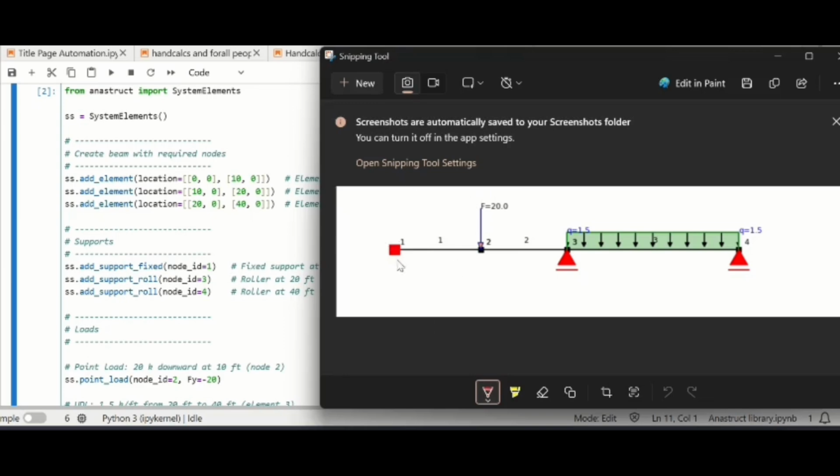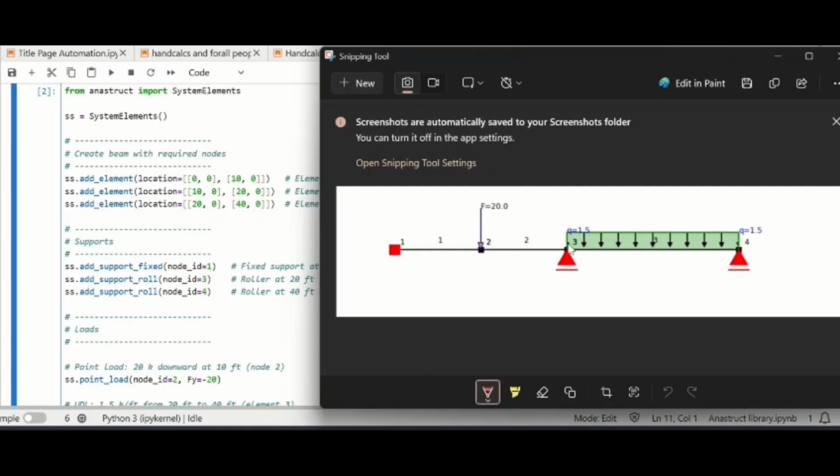So that's why I will divide this beam into segments. From 0 to the point load there is one segment, 0 to 10, then from 10 to 20 there is another element, then from 20 to 40 there is the element for the uniform load.